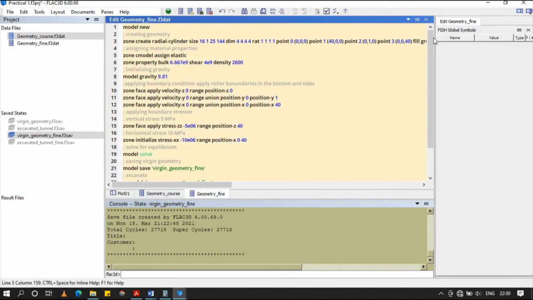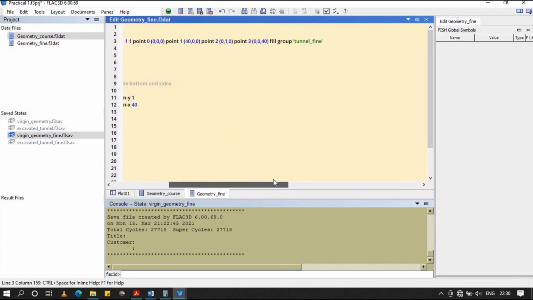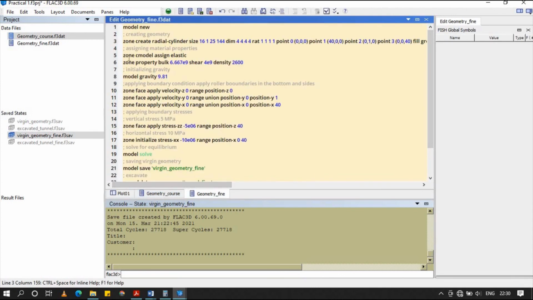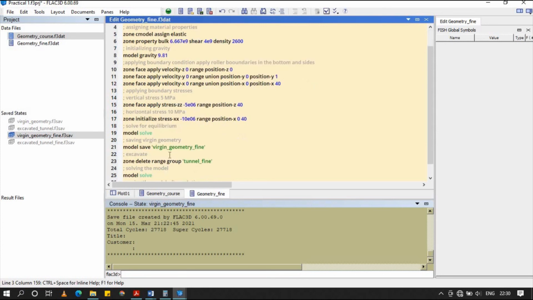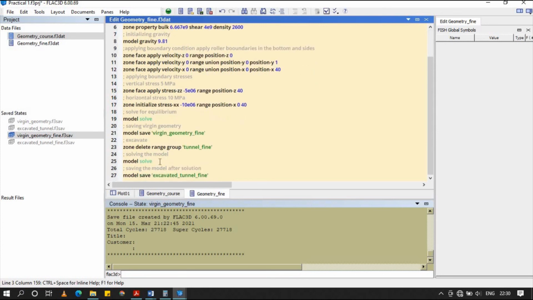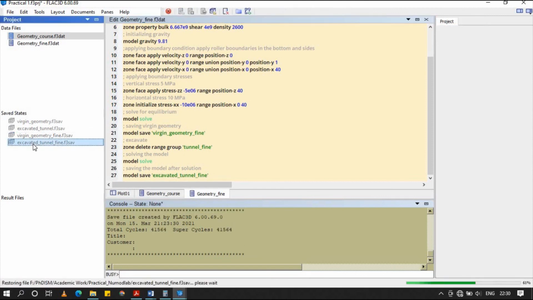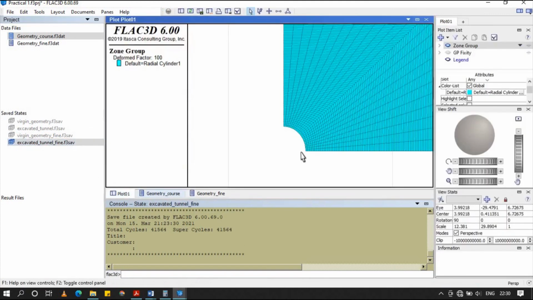Okay, and we again assign the material properties and gravity, and the boundary condition is already explained, and we solve it and then delete this area of tunnel fine, excavate it and solve it again, and then we save it, and then we see the stresses.